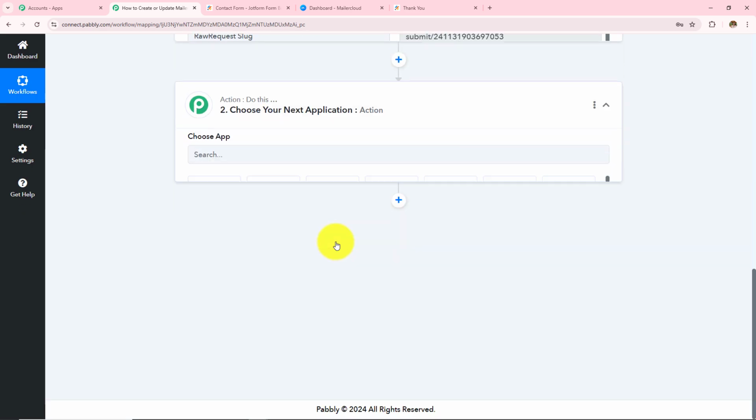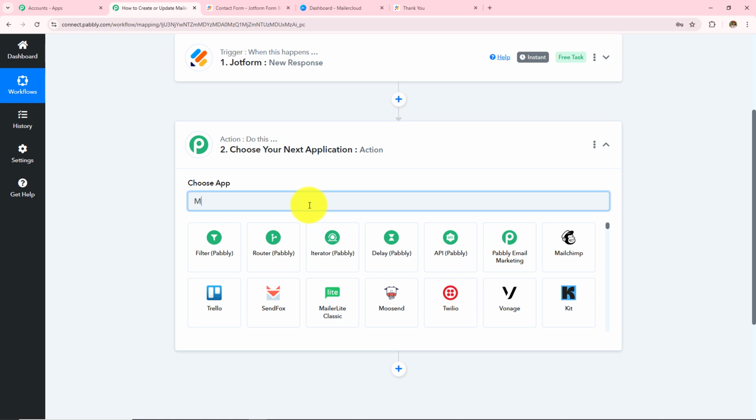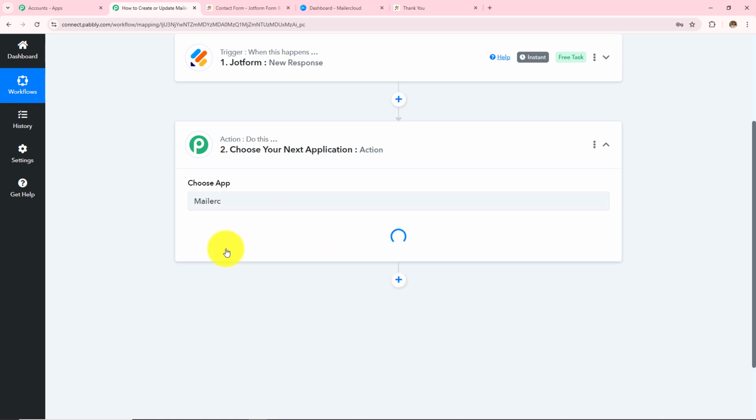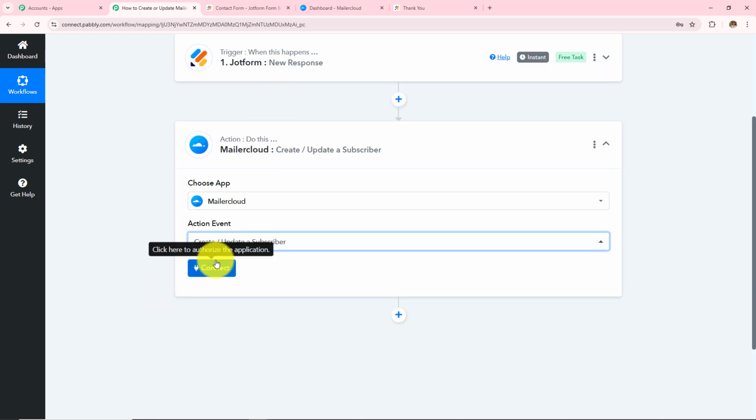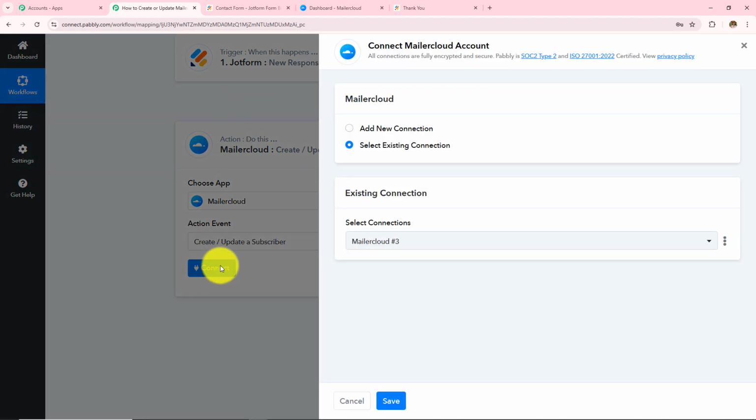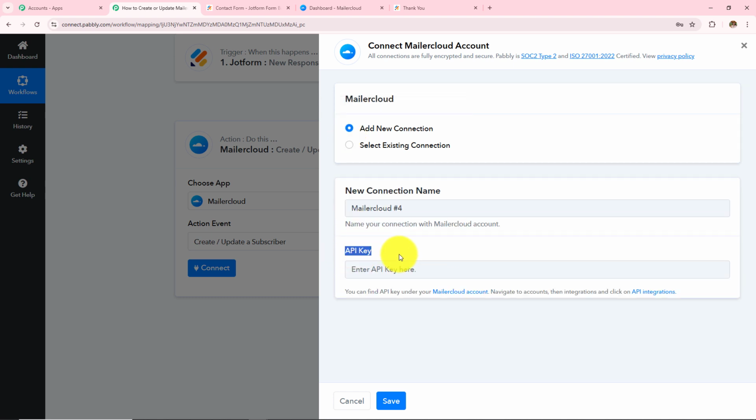So here in my action application, I am going to take Mailercloud, and then in my action event I have to take this create or update a subscriber. Now I have to click on this connect. So if you have an existing connection, go with save. If you don't have one, click on this add new connection, and now to make this connection we have to enter the API key. So following this help desk given below, I am going to make this connection, and to